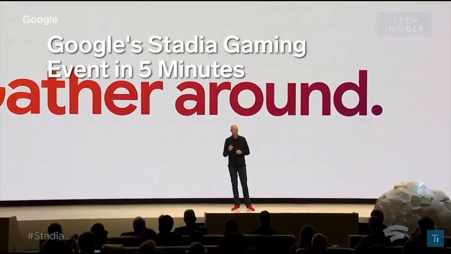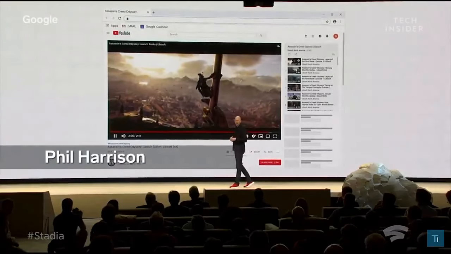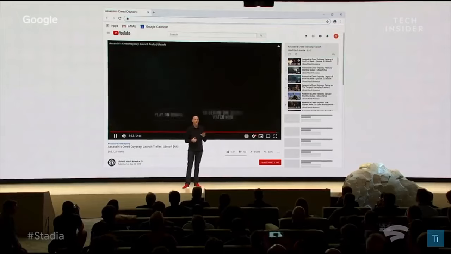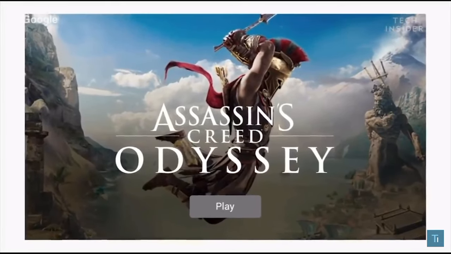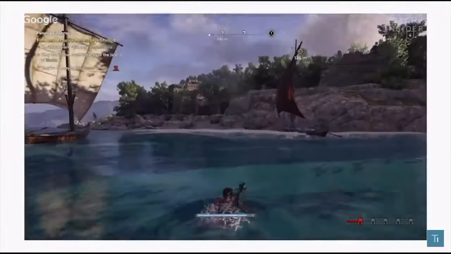Here is simple. One place for all the ways we play. Imagine you are watching games on YouTube and you discover the latest Assassin's Creed Odyssey trailer on Ubisoft's official channel on YouTube. You will notice the Play Now button. By simply clicking on that button, the player is brought directly into the game in a browser in as quick